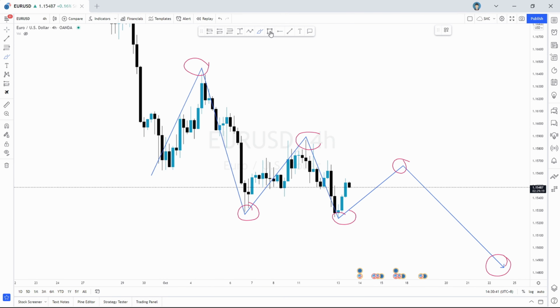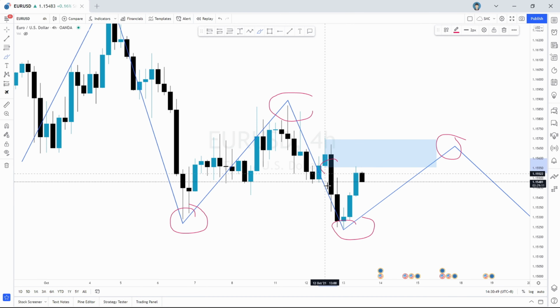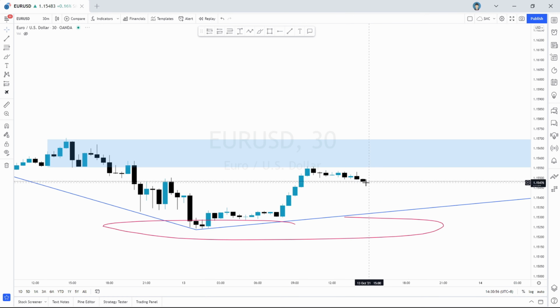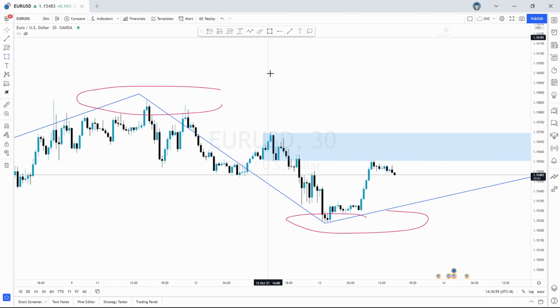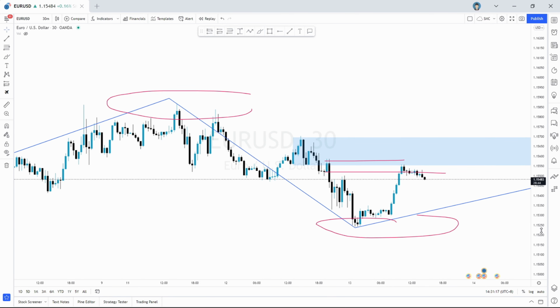Now we look for a POI, which is this beautiful OB over here, followed by some imbalances on the inner side over here. We have some inefficiency. Then we look for confirmation in the lower time frames. Also, we can look for refinements, which we can see over here, that we see an order block which hasn't been mitigated. Technically, this OB got mitigated by this OB. This OB got mitigated by this OB. So technically right now, if we refine it, we still have this valid OB over here on the 30-minute,